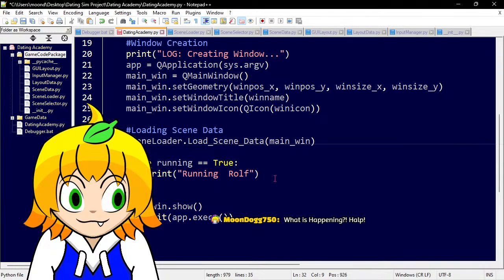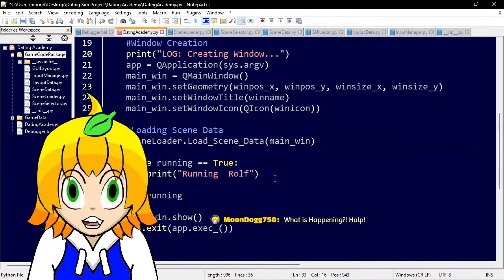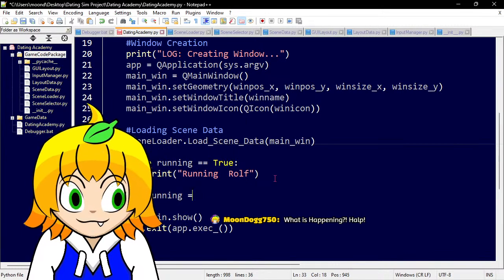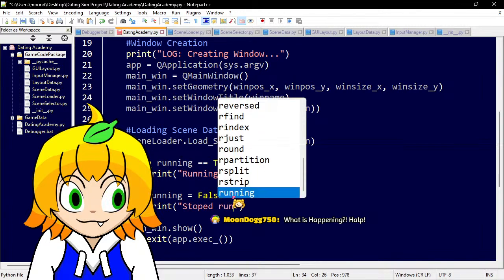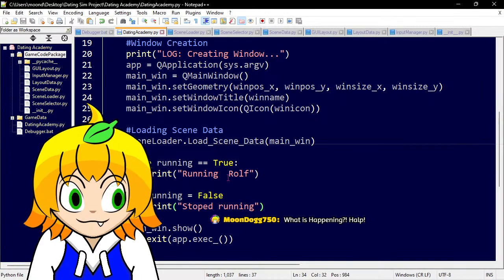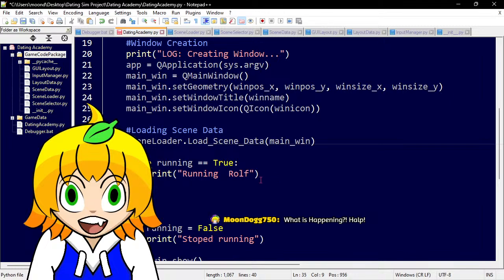Running equals false. And then we want everything that we ever want to do in between.